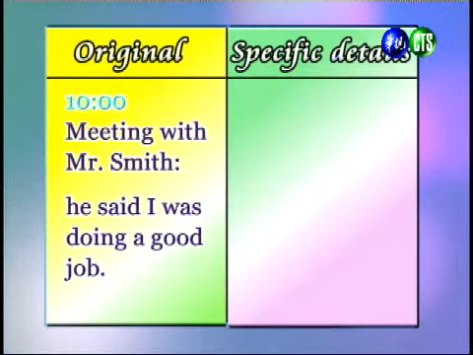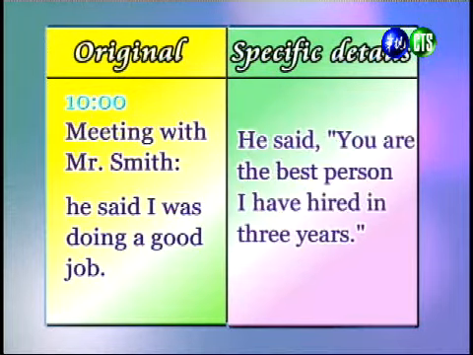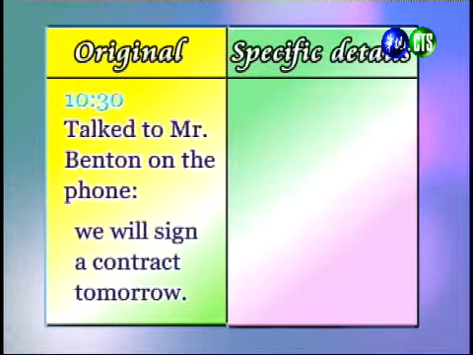When we add some specific details from the video, we can say something like, he said you are the best person I have hired in 3 years. 好，那像10点钟哦，发生于这个 Mr. Smith 的这个会议中哦，我们说他称赞我工作做得很好。那我们可以帮他加入一些细节，比如说呢，我们可以加入说，Mr. Smith 说我是他这个3年中雇佣最好的一个人。